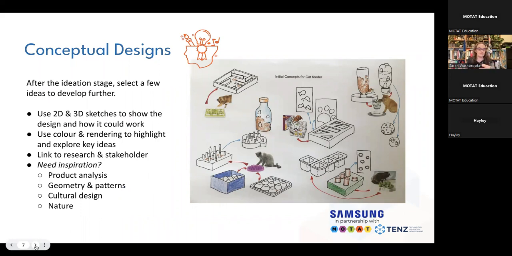You may want to focus on 2 or 3 of them. You may want to focus on a couple more, especially if you're working in a group, because you can each take an idea and develop them yourselves and then bring them together at the end if you want to. The way you select these is by looking back at your brief and your attributes and your specification and checking those initial ideation ideas to make sure that they actually match. And so do they make sure that the product is going to be fit for its purpose? Is it fit for its need?